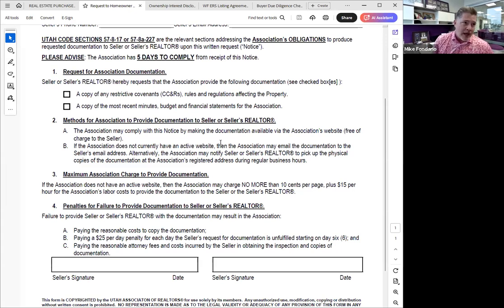Sherry asks, what about when HOA companies are requiring a payment for the info? I'm sure others have run into this. I think this is on your sellers. We can help them navigate this issue, but I don't think in almost any circumstance you want to be the one handing over a credit card for this information. And you don't really have much standing there. Well, you do, but you want your sellers to make that run, argue about the fees, and find that info. That's on them.